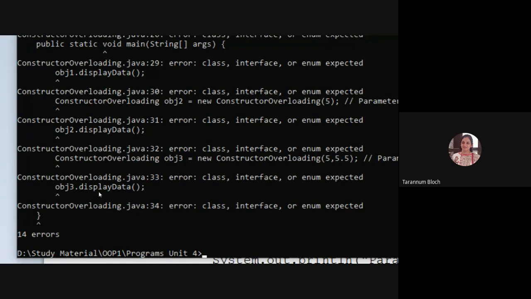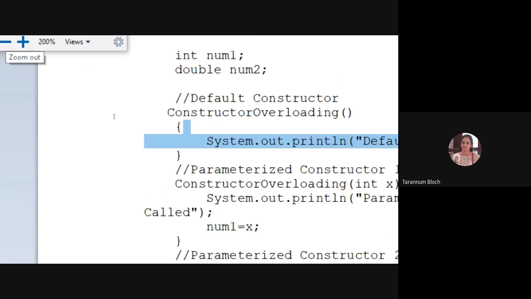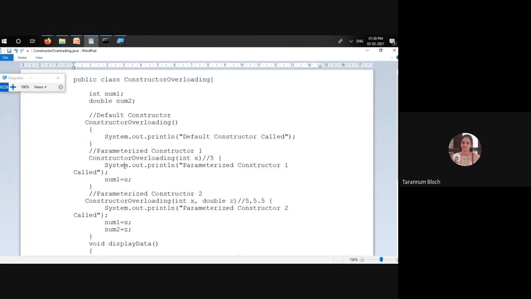Just a second. Obj3, what did I do? Something is deleted. Wait a second.